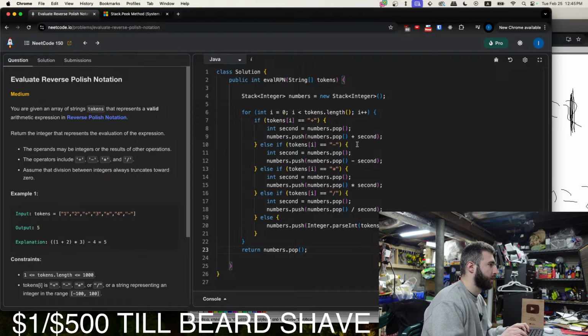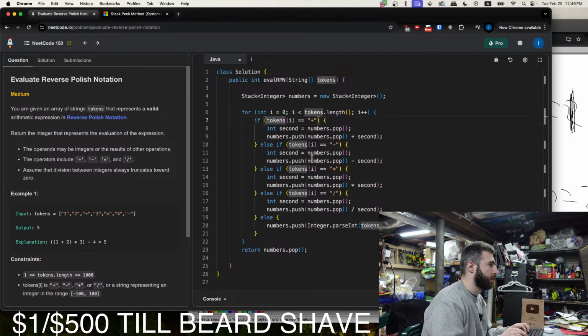So we'll go over this real quick. We create a stack of type integers, and then we go through the tokens list. If it's addition, we pop the second number, and then we push the first number plus the second.